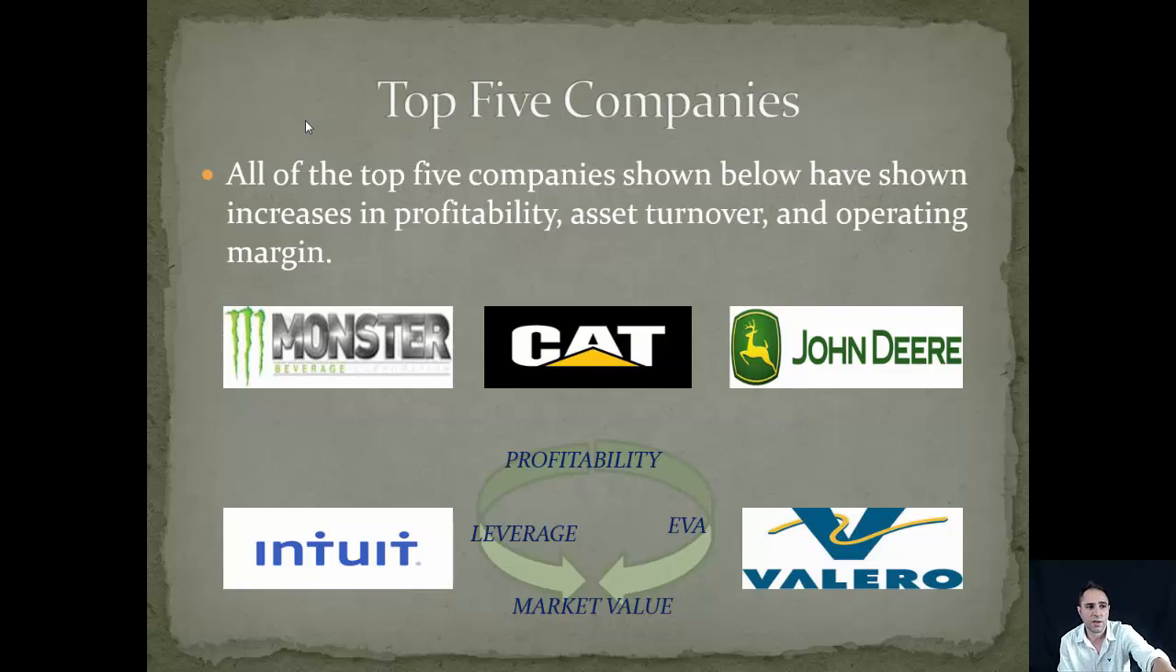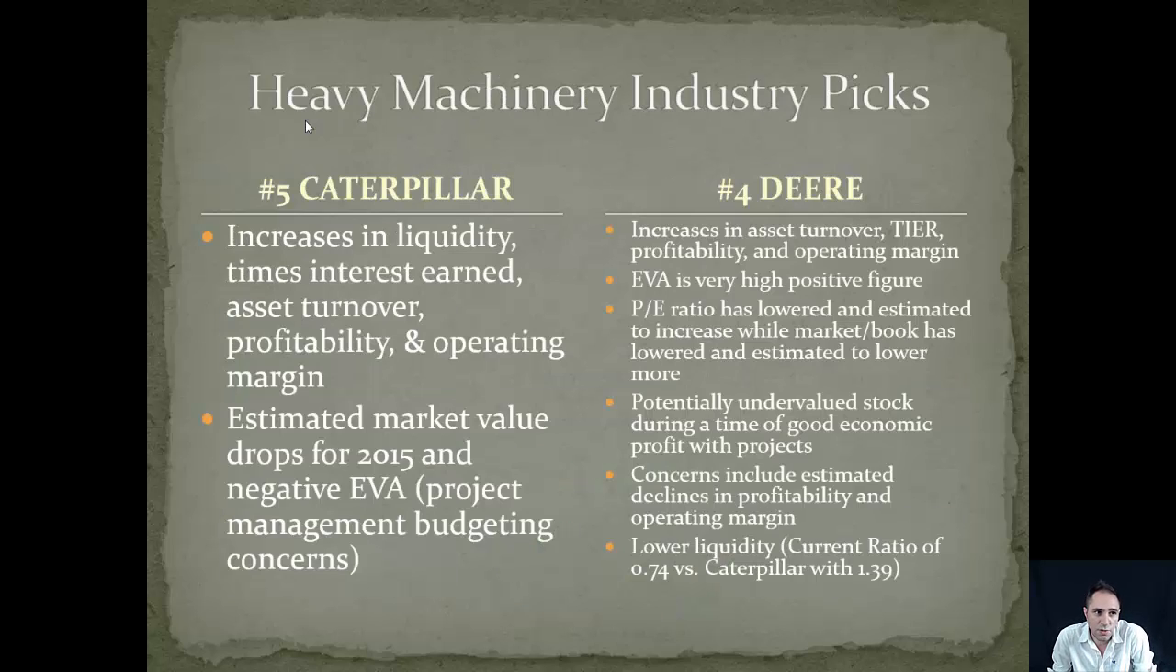All of these companies, I'm going to look when differentiating the top 5 at profitability, leverage, their market value ratios, and economic value added. For the heavy machinery companies, I actually considered Caterpillar as number 5 and John Deere or Deere & Company as number 4. Caterpillar actually has increases in liquidity, increases in times interest earned, asset turnover, profitability, and operating margin. Concern though for Caterpillar is that the estimates for market value levels are going to drop or potentially drop for 2015, and there's a negative EVA value. So there's project management